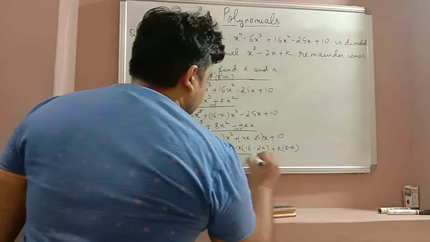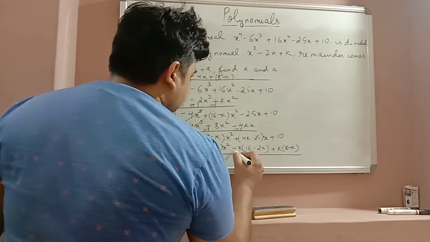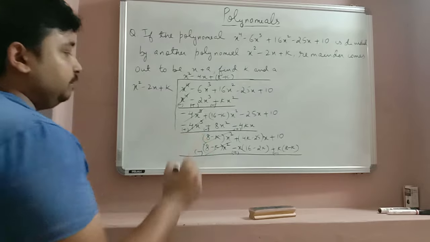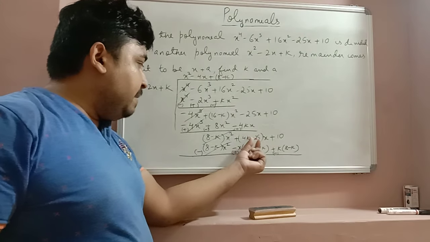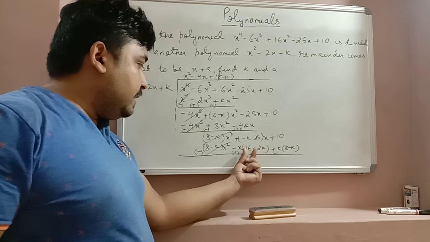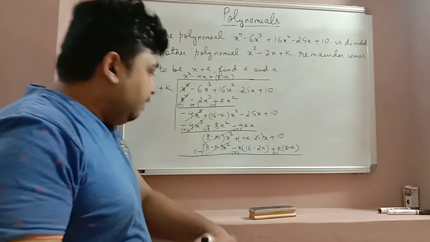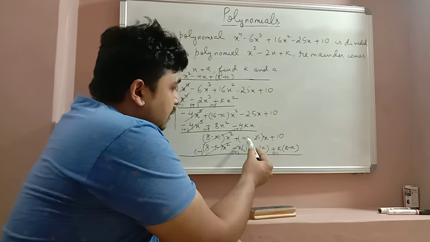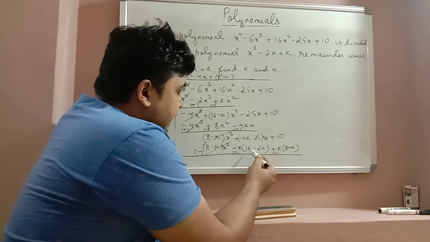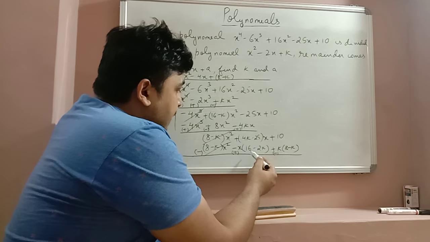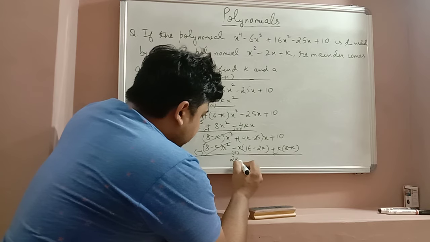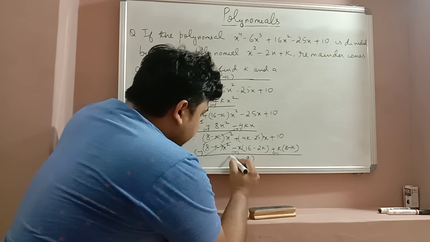Okay, on subtracting, we will get minus sign here. This will turn out to be plus and this will turn out to be minus. So this all gets cancelled out. What is left is 4k minus 25. X is common. 4k minus 25 plus 16 minus 2k. So we have two like terms. 4k minus 2k will turn out to be 2k, and minus 25 plus 16 will turn out to be minus 9. Alright, so this becomes 2k minus 9 times of x,